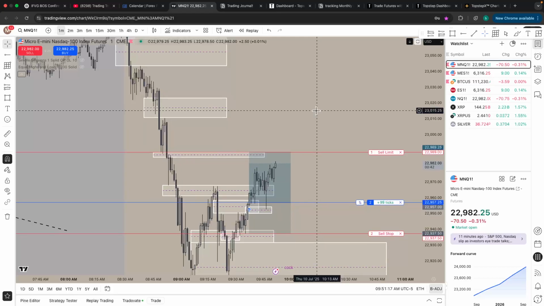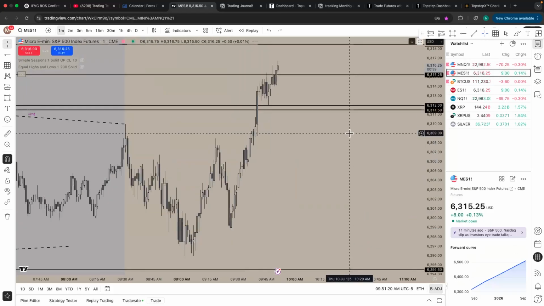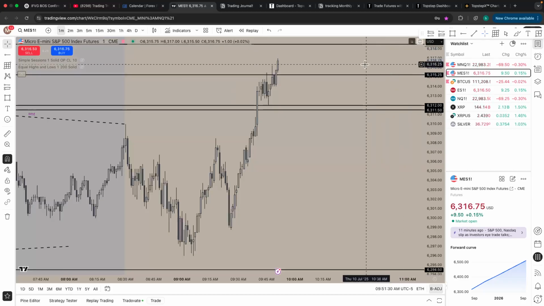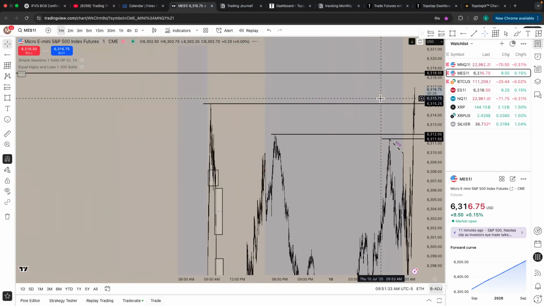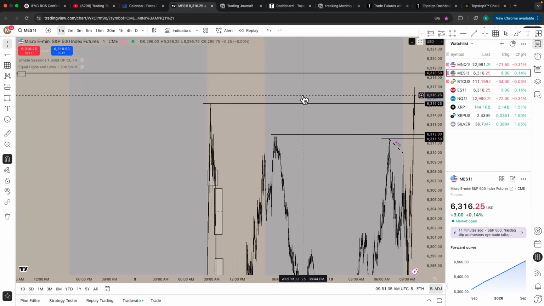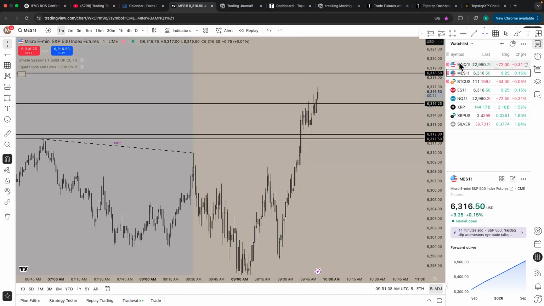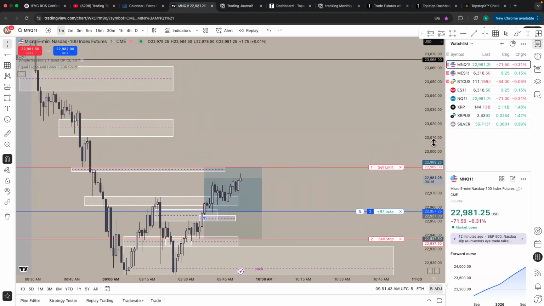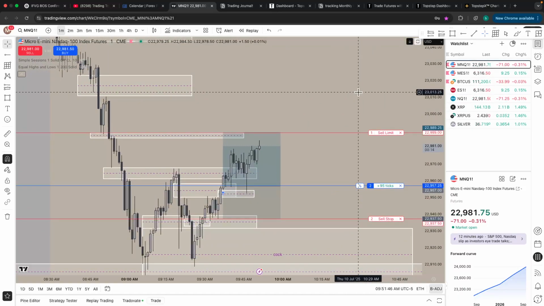I'm thinking this hits my TP, though. But it could reverse. Let's just keep looking at ES. ES is pushing higher. I think we hit TP, without a doubt, bro. There's no way. Because I think ES is going to want to come all the way up to all-time highs up here. It's going to want to touch into this line. And if it does, then I'm pretty confident this trade goes long. But we could see something different here. A little 1 to 1.65 on the day, maybe? Maybe target a little more. We'll see. Half the position, though, was on 1 to 1.65.